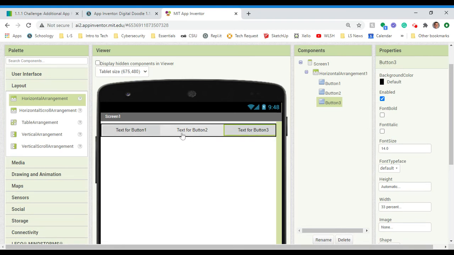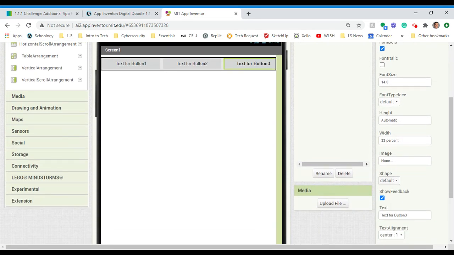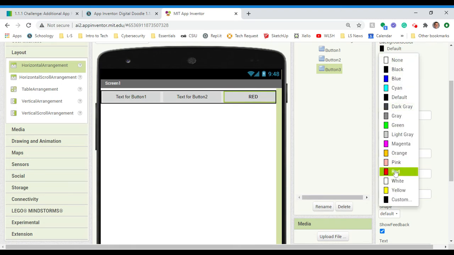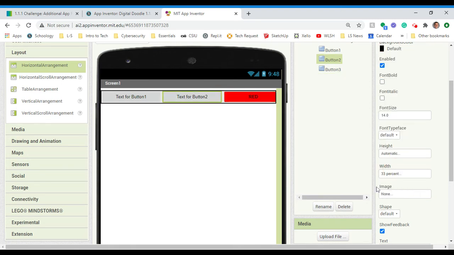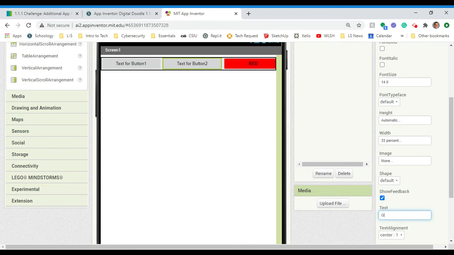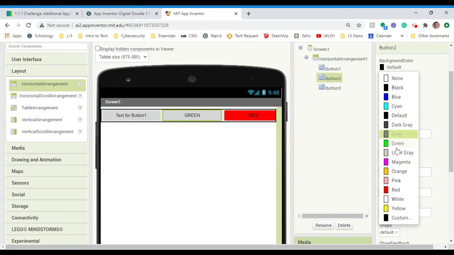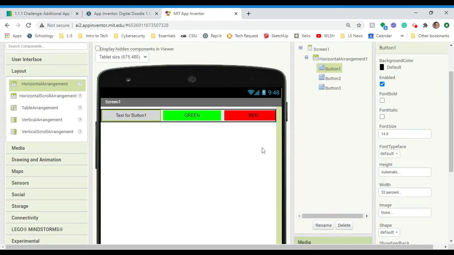Now, Button1, Button2, Button3, those are terrible names for a button. And so as you're working on your digital doodle app, how can we make that even easier to see? So there's background, maybe I'll make that red, and here maybe this is going to be a green button. So again, I'll make that bold and change the background to green. Maybe this is the